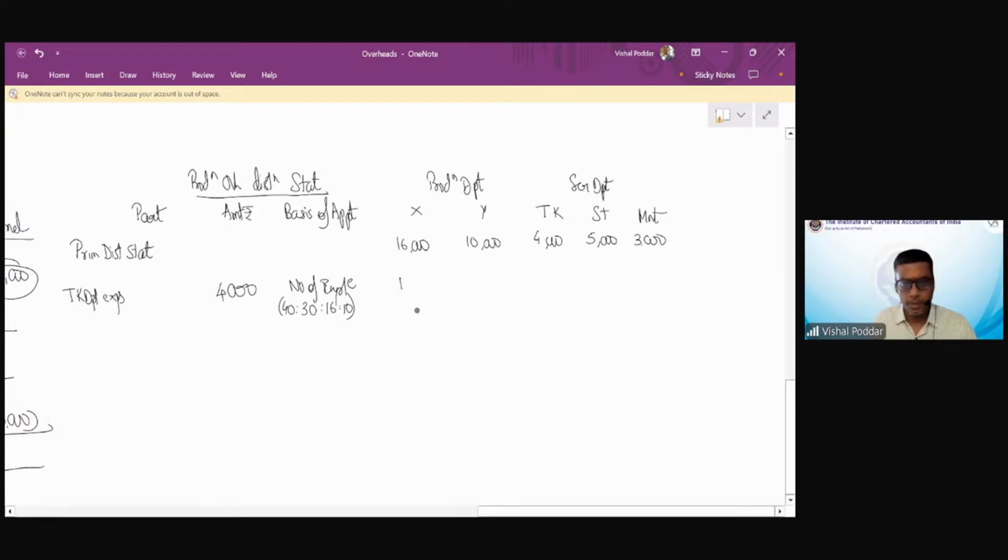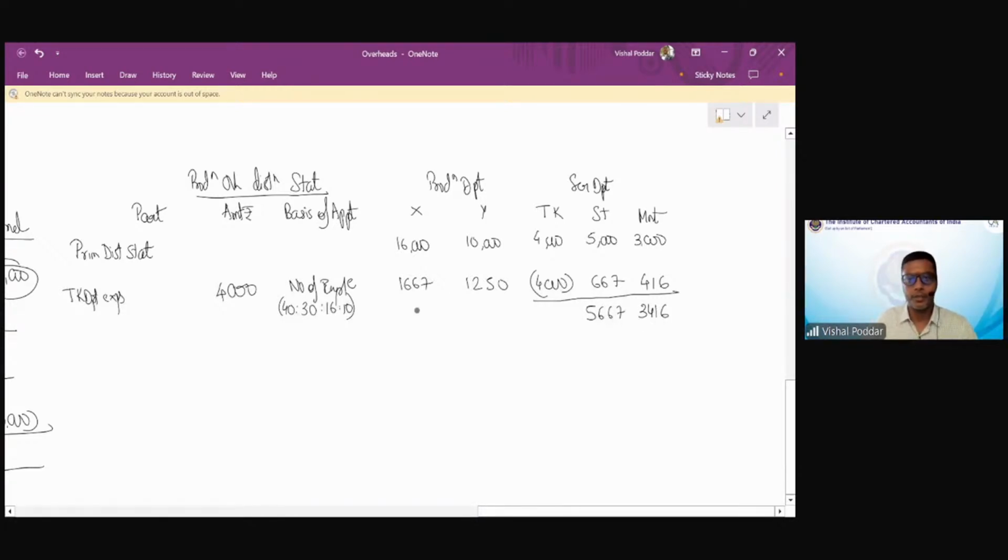So for the first department, I'm getting 1667. Kindly cross check. Second department, I'm getting 1250. 4,000 would be deducted. For the third department, I'm getting 667. And then for the last department, I will get 416. So this is how the first distribution happens. After this distribution, I get 5667,